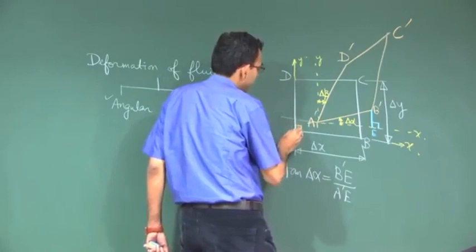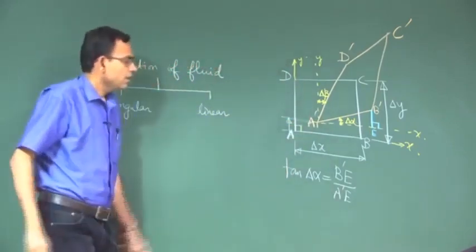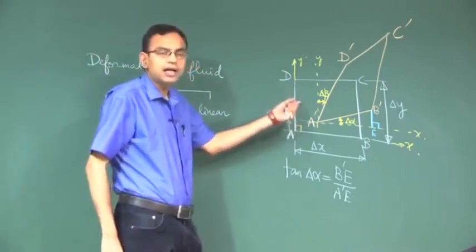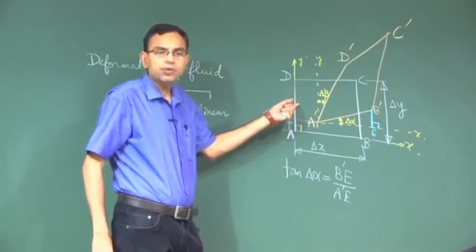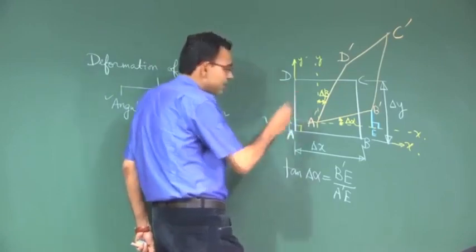First of all, you have this length, this displacement of A to A prime in the vertical direction. It is because of which component of velocity? It is because of the y component of velocity. So, this is V into delta t, where V is the